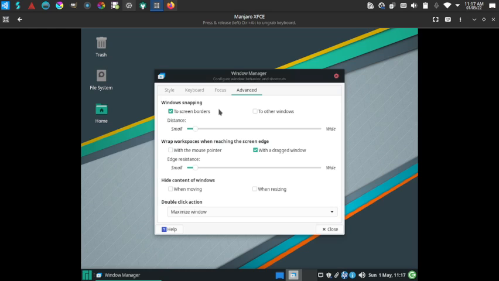If there are multiple windows, then the windows will snap. The window snap will be done to the screen border. So these are the screen borders here, here, at the bottom here, and to other windows. So the window snapping will be done with reference to other windows, nearby windows, something like that. So what happens on double click? So if you say